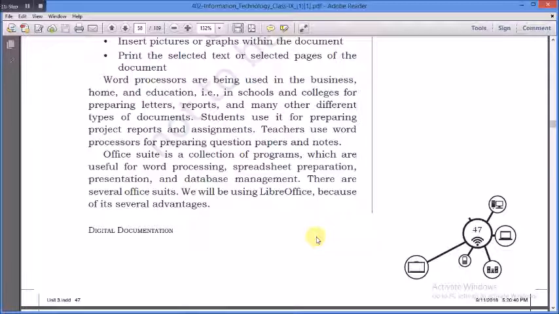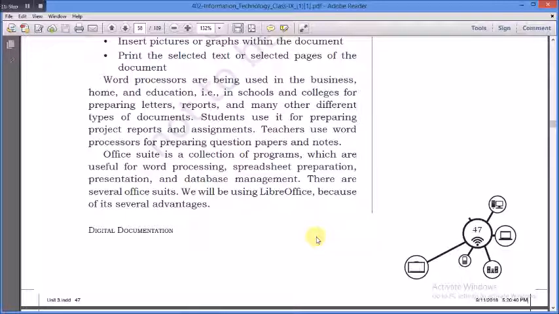There are several office suites. Well, we would be using LibreOffice because of several advantages. So yes, there are different kinds of office suites such as LibreOffice, OpenOffice, Microsoft Office. But we are not going to use LibreOffice.